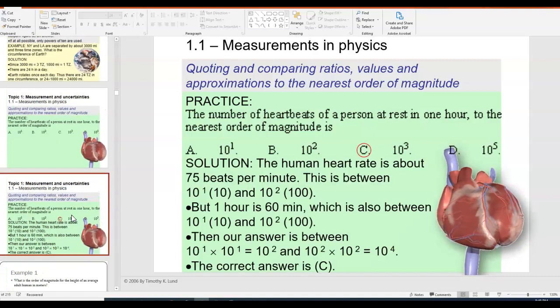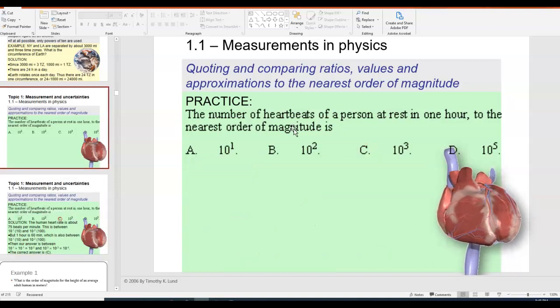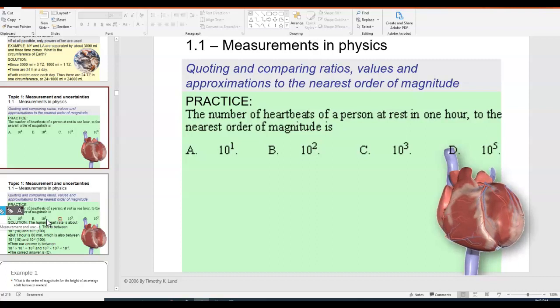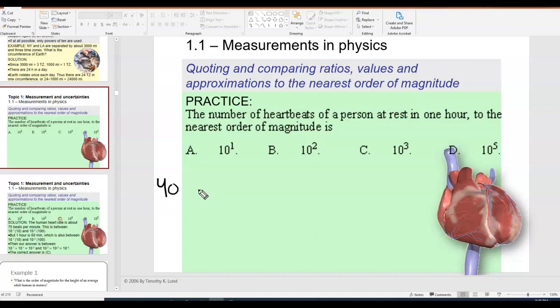Now keep in mind this is an estimation question. You might have said, I don't know how many heartbeats a person has in 1 hour. That's fine if you don't know the exact number, but you should have an idea of where it is. You should realize that in 1 minute, a person at rest probably has a heartbeat somewhere between, I don't know, 40 to 80 beats per minute. So let's say you chose 40 beats per minute, and there are 60 minutes in 1 hour, that would be